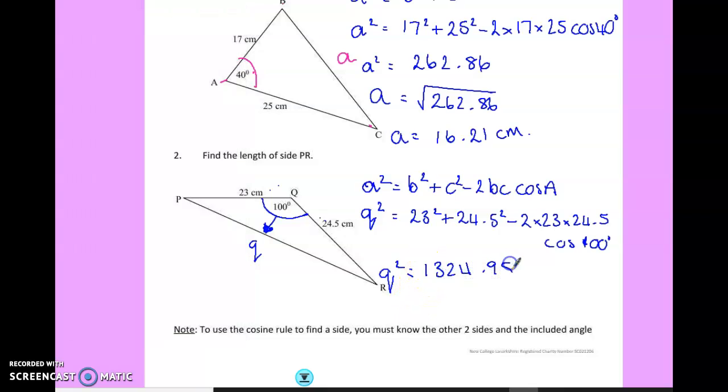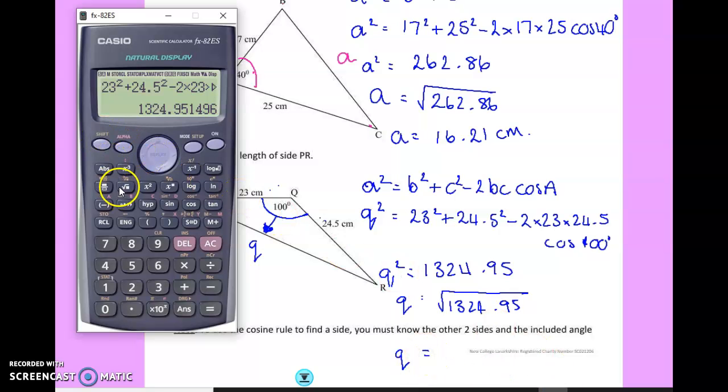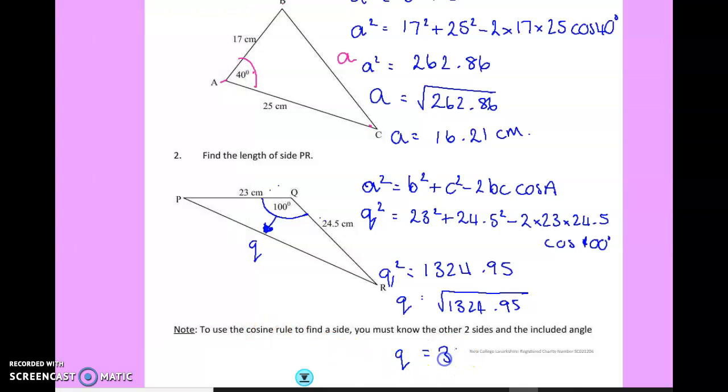Now remember that is q squared, we want q, so we need to take the square root. That should be q squared, that should just be q. Tidy that up. There we go. So q is, square root my answer, 36.40